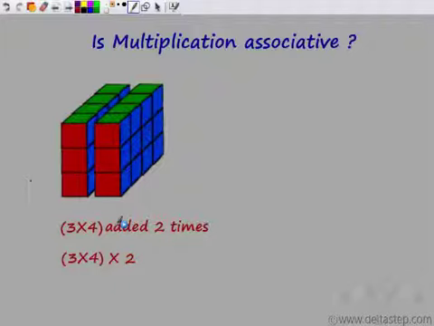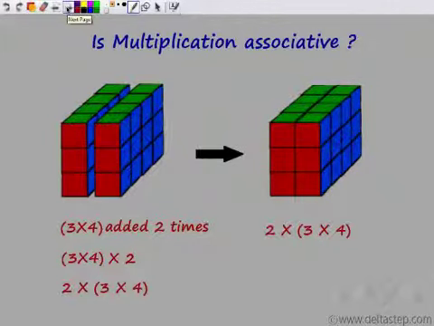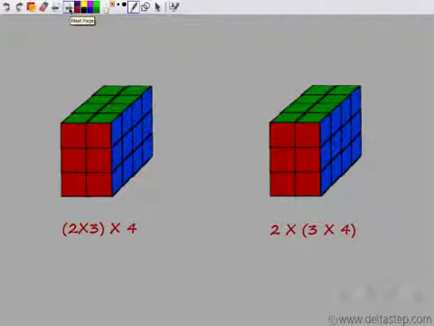Since multiplication we know is commutative, the order can be changed without changing the value. So I can see that 3 into 4 into 2 is equal to 2 into 3 into 4. I swap the positions of these two numbers. So this is true. Now if I stack this block together, what will I get? This block, which again signifies 2 into 3 into 4. So we see that in the first situation, this block signifies 2 into 3 into 4. In the second situation, the same block signifies 2 into 3 into 4.